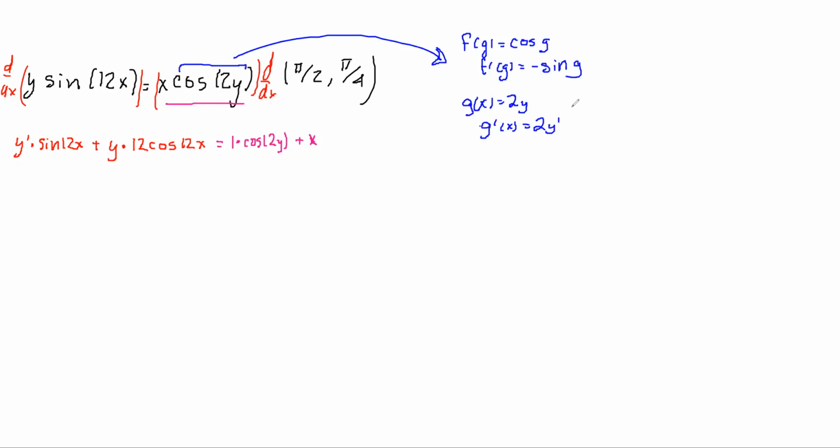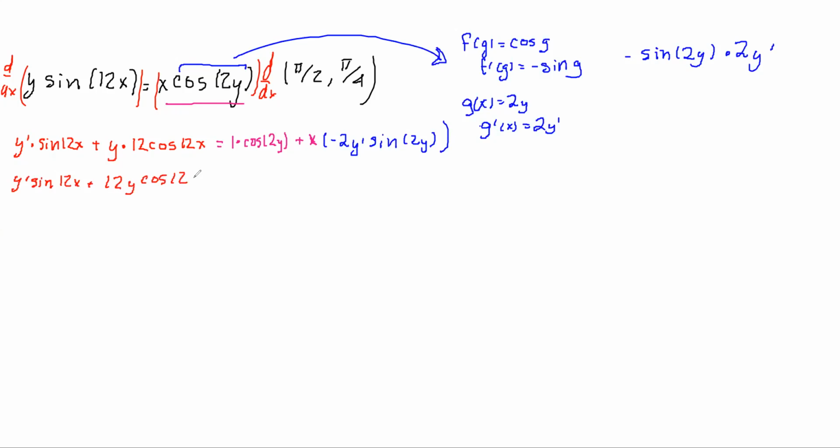Awesome. Okay. So now I'm going to put this all together to find out what the derivative of cos 2y is going to be, and that is going to be negative sine 2y times 2y prime. So I'm going to go ahead and put this in here as x times negative 2y prime sine 2y. Now I'm going to go ahead and simplify out everything. This is just y prime sine 12x plus y, or let's write this as 12y cos 12x is equal to,